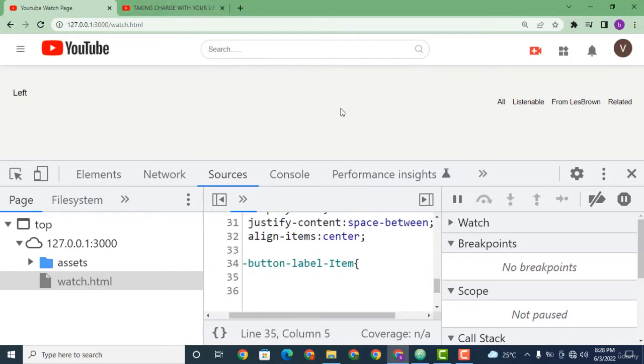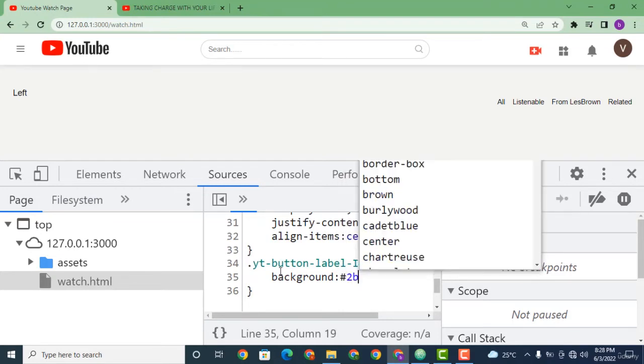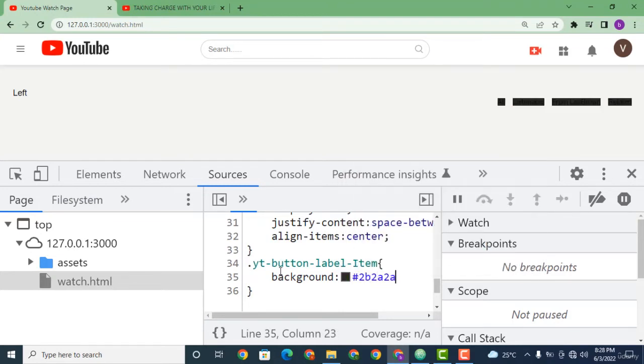Over here, I want the background color of this one to be gray. So this one be background to be #2b2a2a, then semicolon, then color